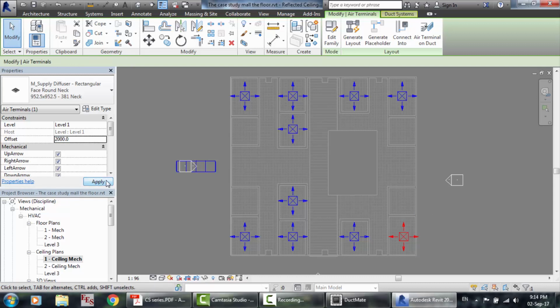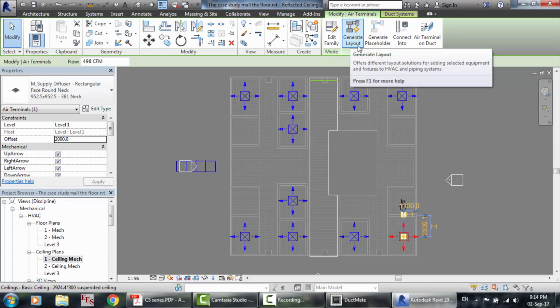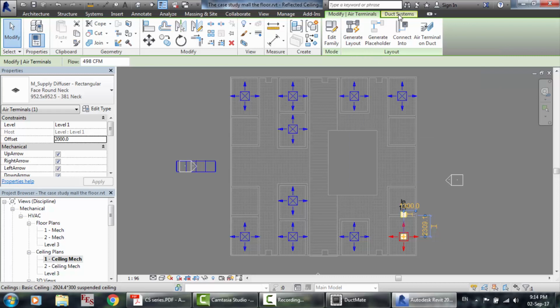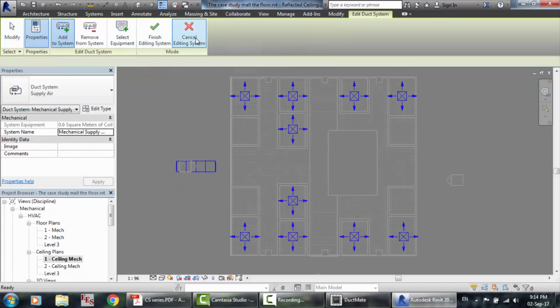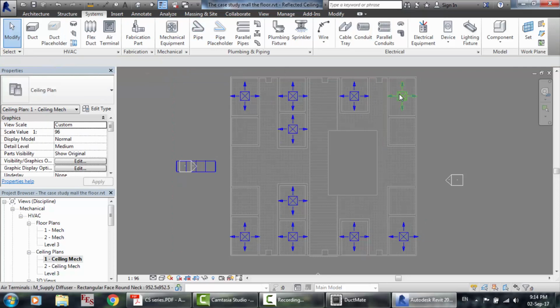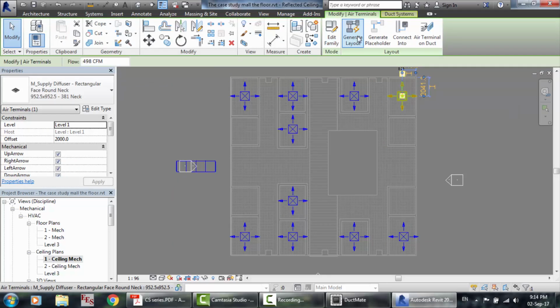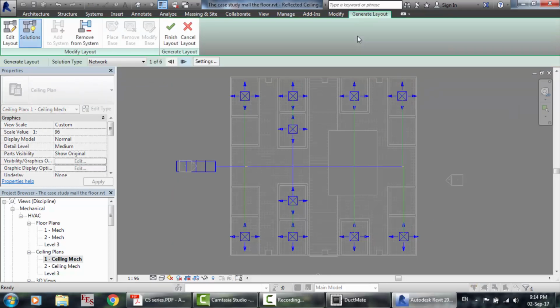Okay, and then here's the system, edit system. Okay, cancel and generate layout. And here are the solutions. This is the single diagram. If you want a network, there are 6 solutions, and this is the second solution,